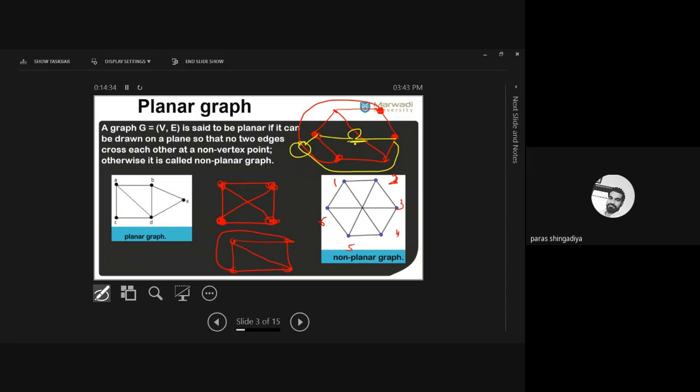Any confusion how to check planar or not? Two types of graph will be there. One is directly the planar. In that you have to directly write answer it is a planar. In the second case, one of the graph will be given where some cross will be there. And first you have to modify this graph such a way that you have to remove this cross between the two edges. This cross को आपको remove करना. And if it is possible to remove such cross between the two edges, then it will be the planar. And if it is not possible, then your last conclusion will be the non-planar graph. Okay, so first this graph is a planar, this third one is a non-planar graph. Any confusion to anyone?